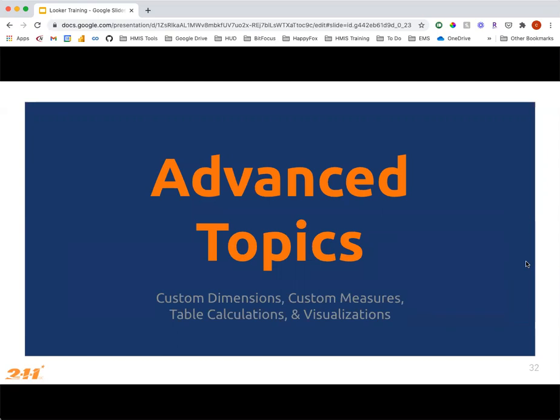Now we will go over some advanced Looker topics such as custom dimensions, custom measures, table calculations, and visualizations. It's important to note that you shouldn't feel intimidated by these topics. They can seem overwhelming at first and like you could never possibly use them effectively. But these topics just take time, patience, and curiosity to learn. If you're just starting out with Looker, there's no need for you to worry about these topics yet until you